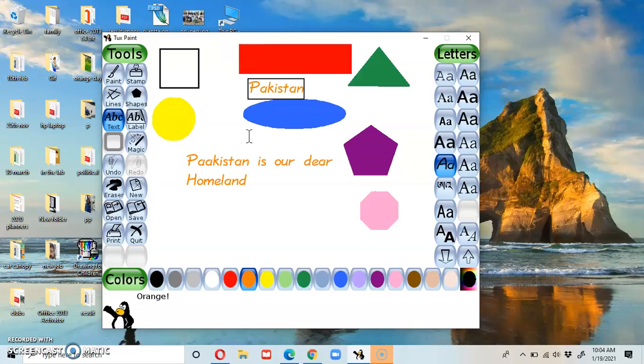Okay, in this way you can write anything on your drawing. You can also type numbers here. You can also move it here, and here. You can place it at any location.